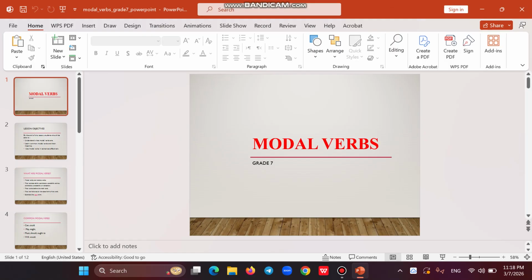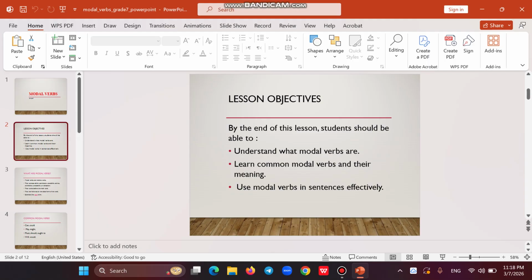So, I'm going to review modal verbs. We have already started with modal verbs when we were at school. Now I'm going to explain this lesson again, and I will give you exercises at the end of the PowerPoint and a worksheet for you to solve at home. Okay? So modal verbs, if you remember,